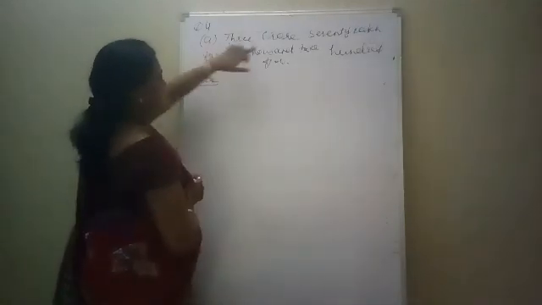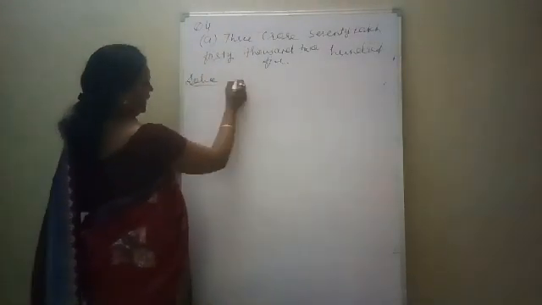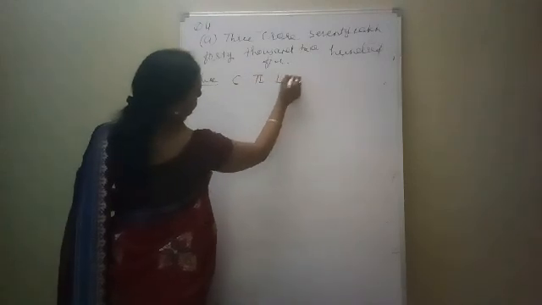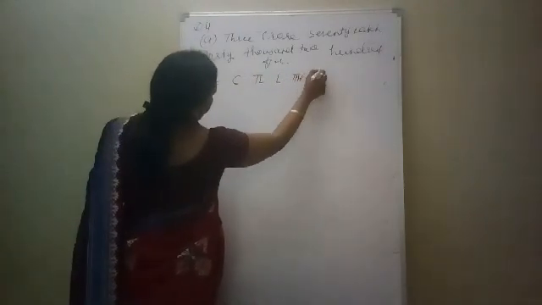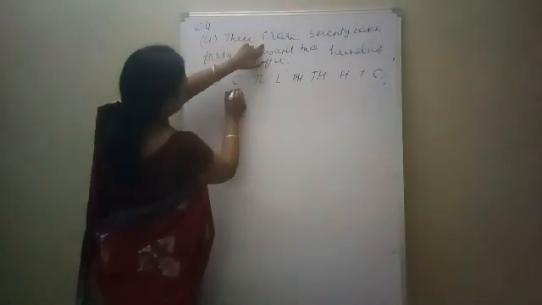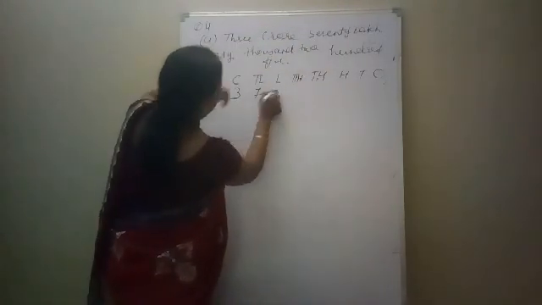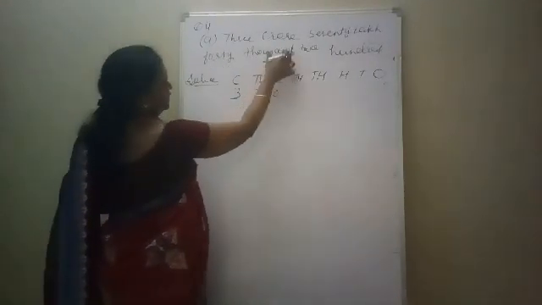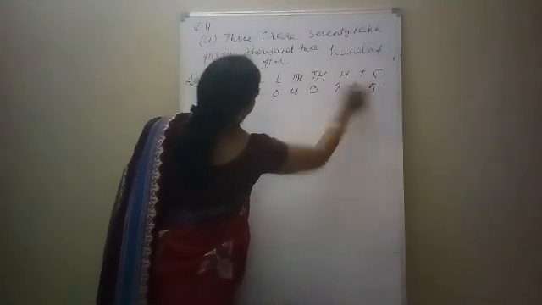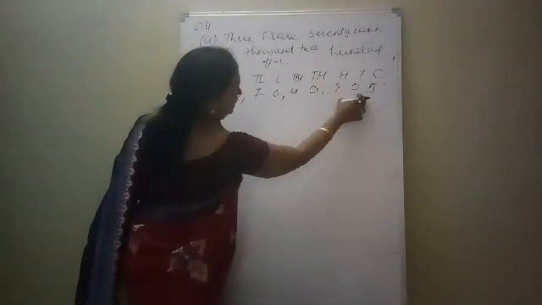Look here. When we see crore, it means it is the Indian place value chart. So you write down the Indian place value chart: crore, 10 lakh, lakh, 10,000, 1,000, 100, tens and ones. See how many crores are there? 3. So in the place of crore, 3 is there. 70 lakh means here 70 lakh. Then 40,000, so 40 is here. Then 205. So your number is 3 crore, 70 lakh, 40,205.